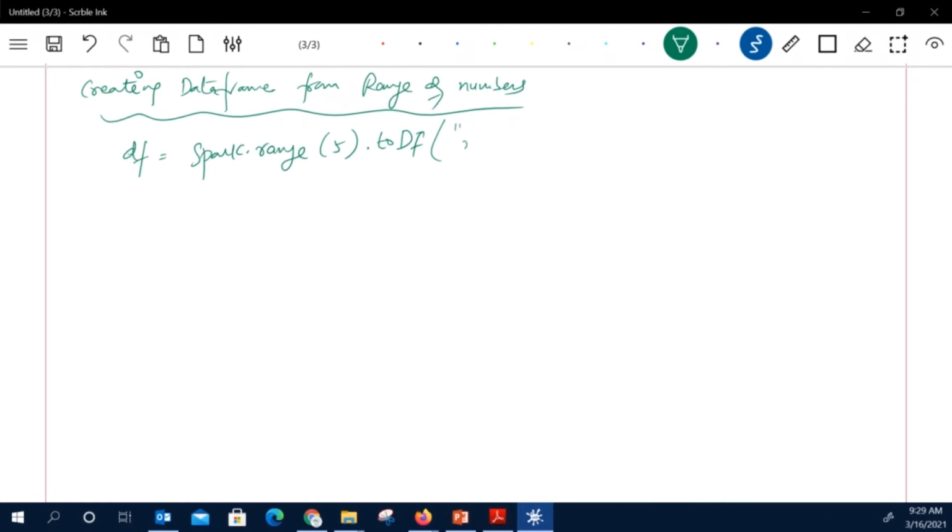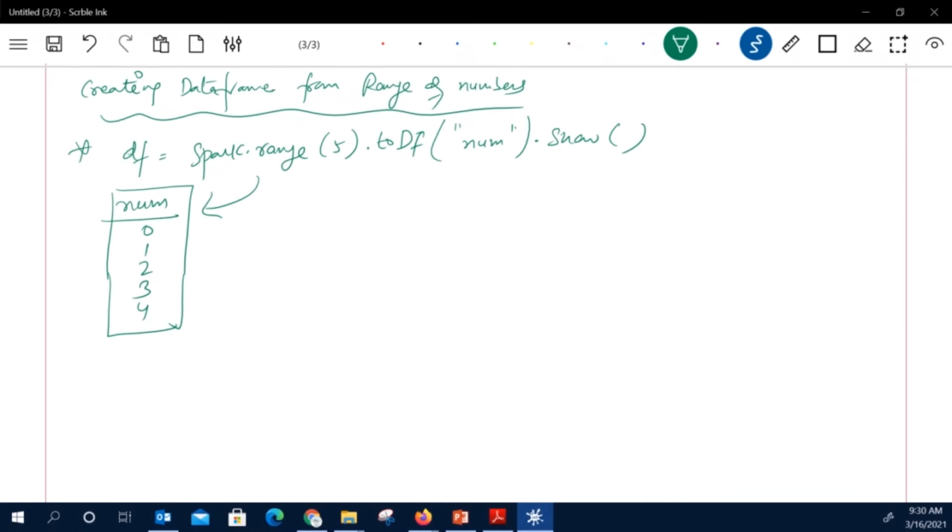And this is the logical name of this data frame, which will be shown on the top of this. After that I can apply show. Now what will this show function do? It will create num over here, and then it will show 0, 1, 2, 3 and 4. So this will be the result for this data frame. 5 means 0, 1, 2, 3, 4, till before 5. Num will be defined over here and show will represent this.